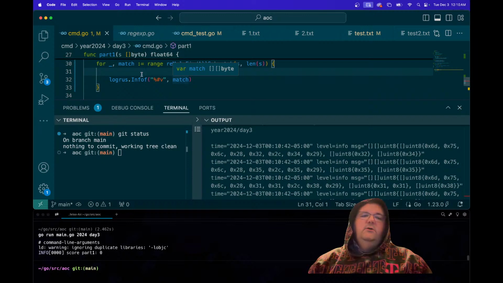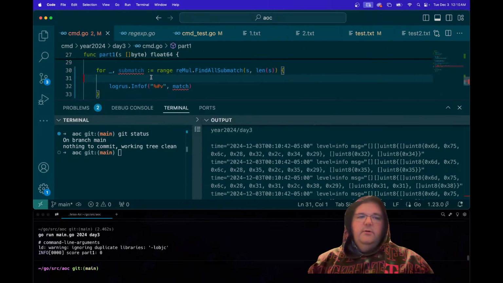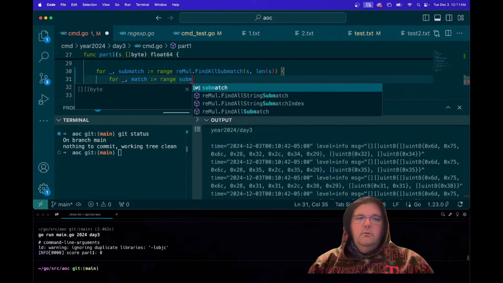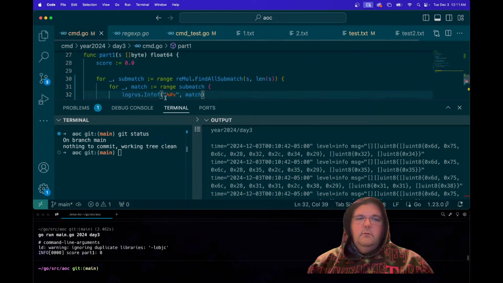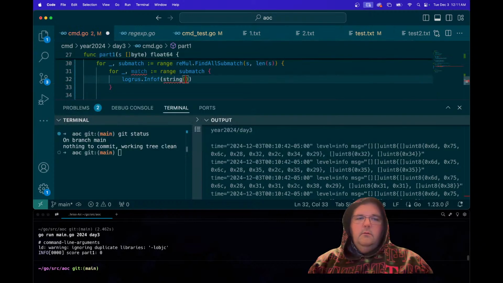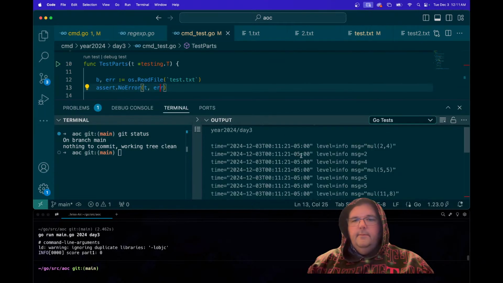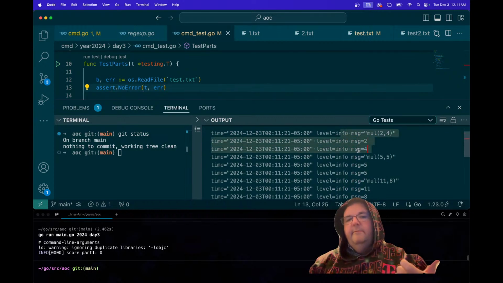So if we call this submatch, I think we'll have a multi-part result. Yeah, 2, 4. So the first index is just the match, then 2 and 4 are the